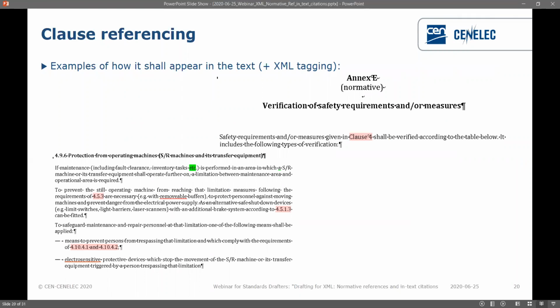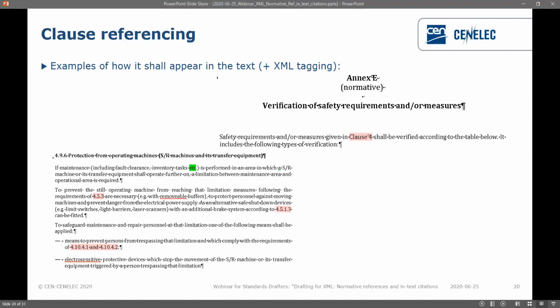So this is how it should look in your document, and also with the tagging of XML. You can see the first example in the annex. This is how you should refer to the whole clause, like safety requirements given in clause 4. And you can see the color tagging, that's XStyle does that. And so it's written correctly. So if you click on the link in the HTML, it will get you directly to clause 4 of the document.